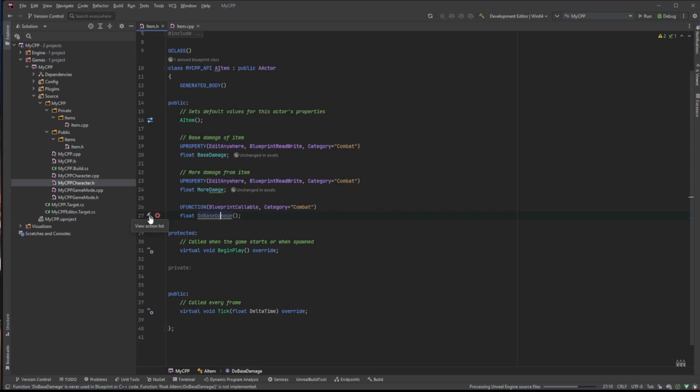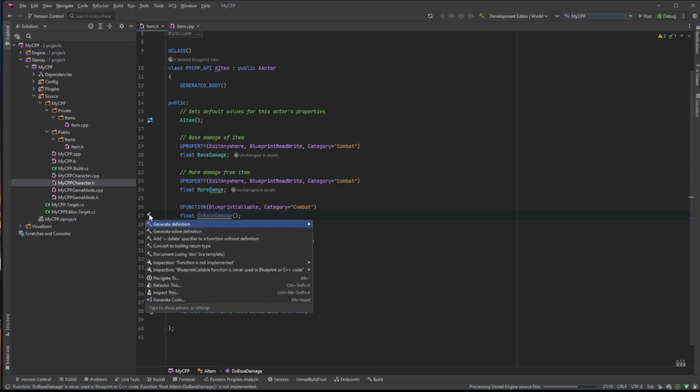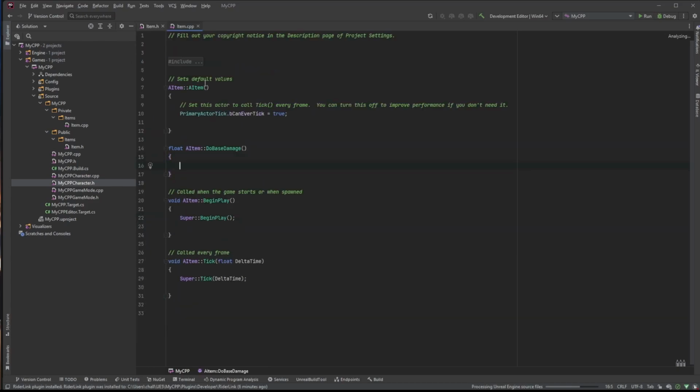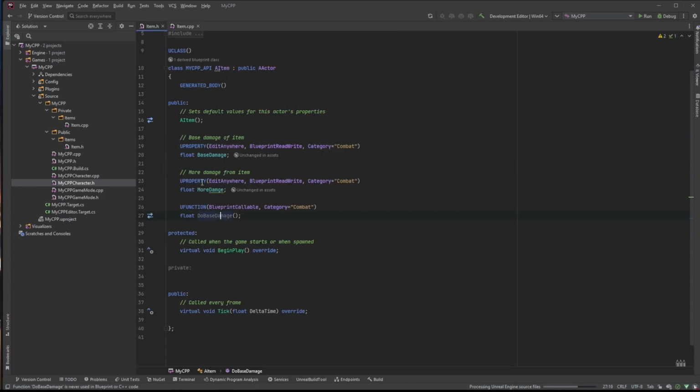Now this right here says I just need to create a definition file, which automatically puts me in the CPP file. I'm going to go back to the header, and you can do this with Visual Studio as well. And now that it created that,